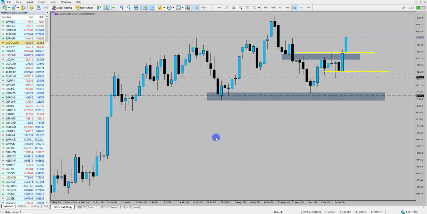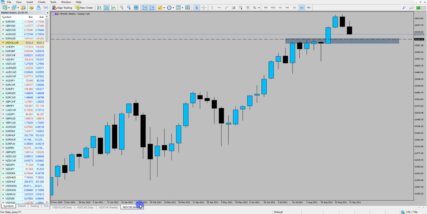US dollar. Now, one market we talked about last week was the NASDAQ. We wanted to see the NASDAQ fall. That provides a risk off sentiment in the market, which means the dollar will continue to gain strength. Now, we're expecting the NASDAQ to continue to fall into sort of this zone here, around about that 15,000 area,